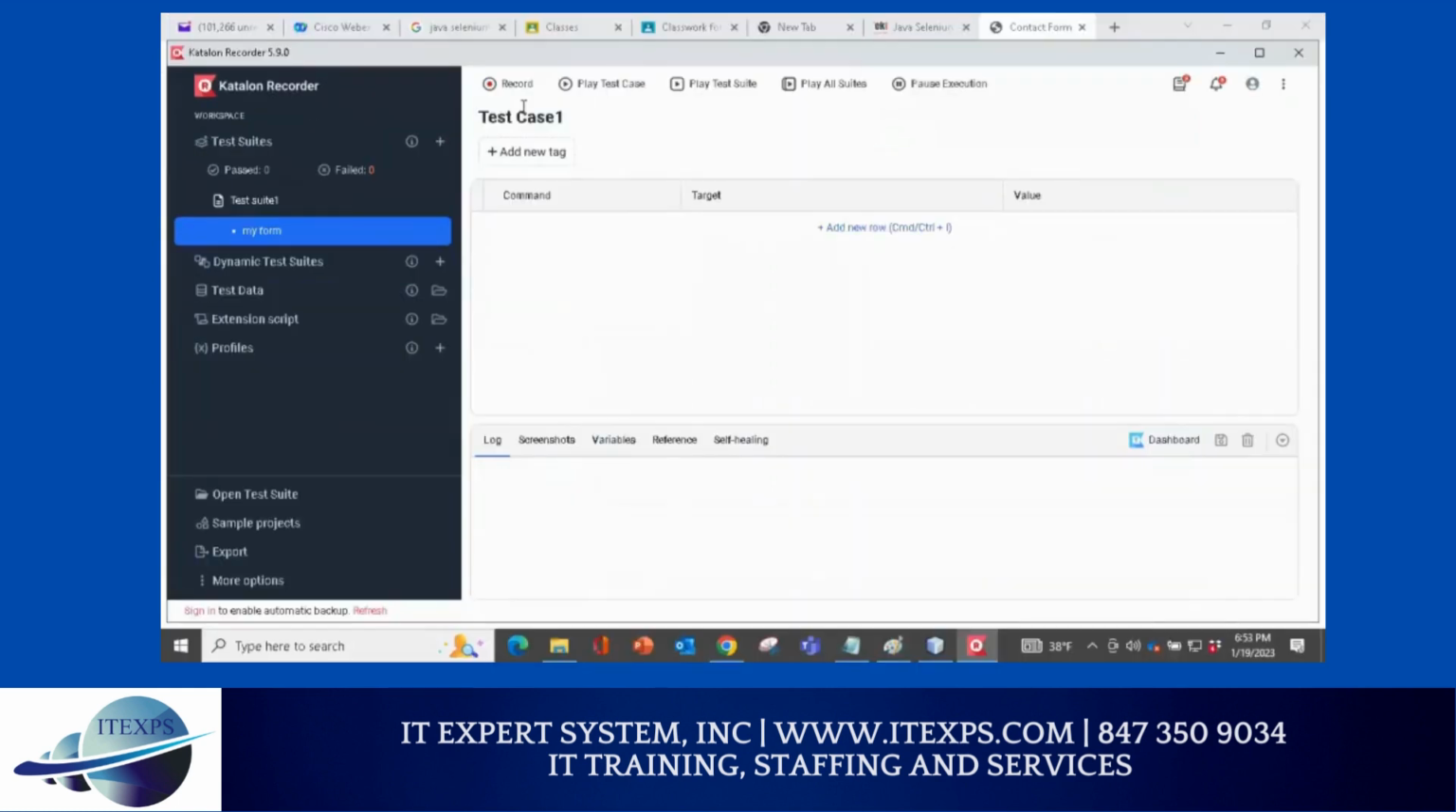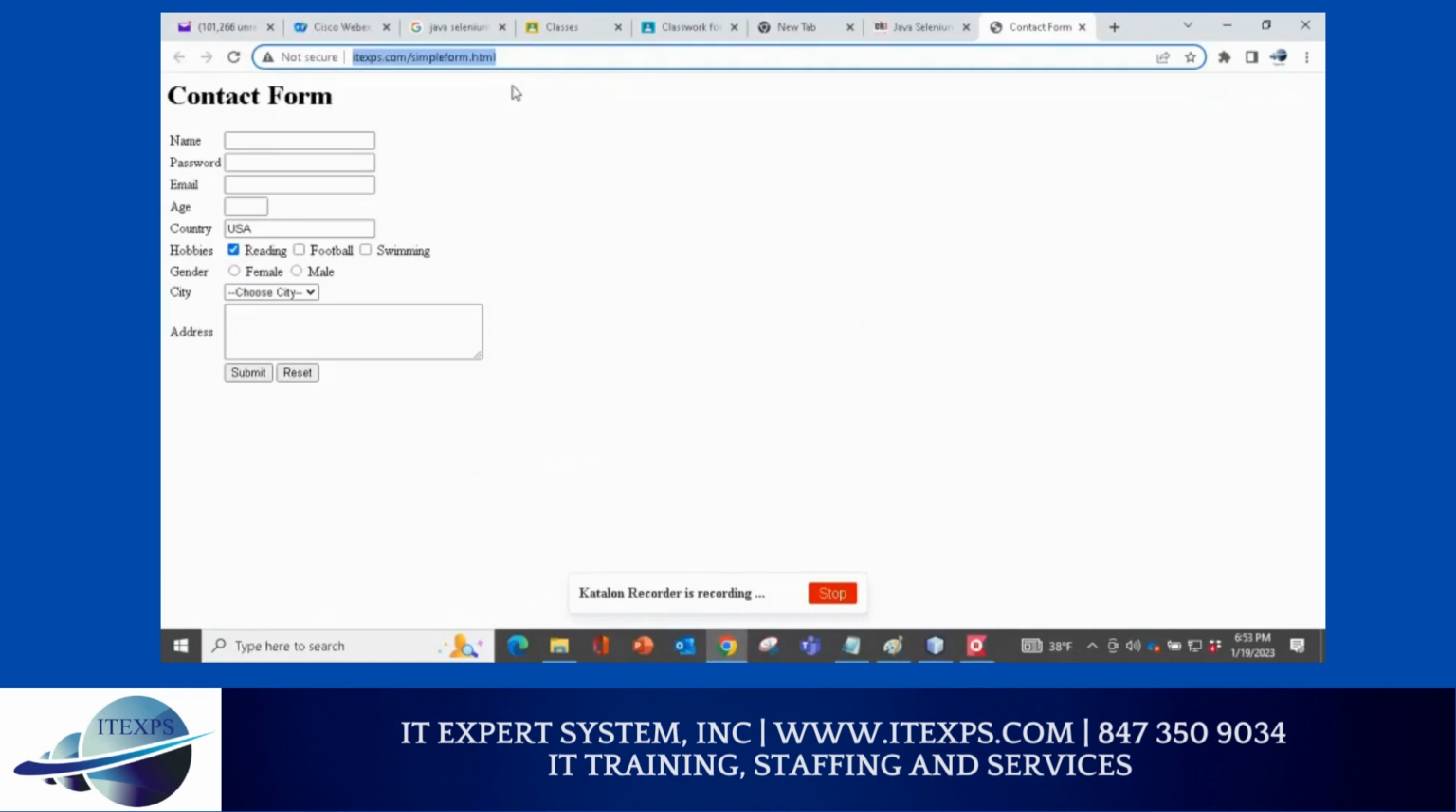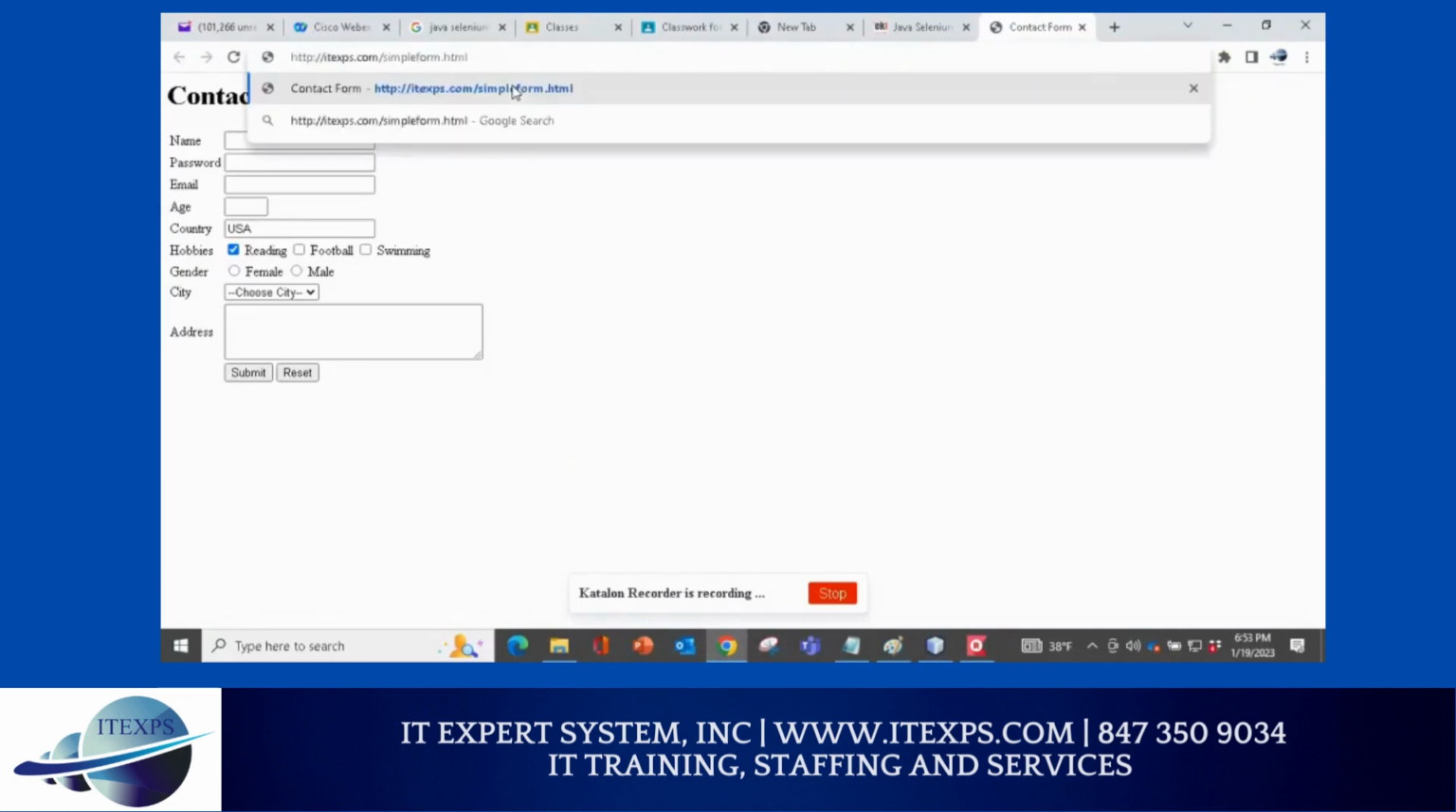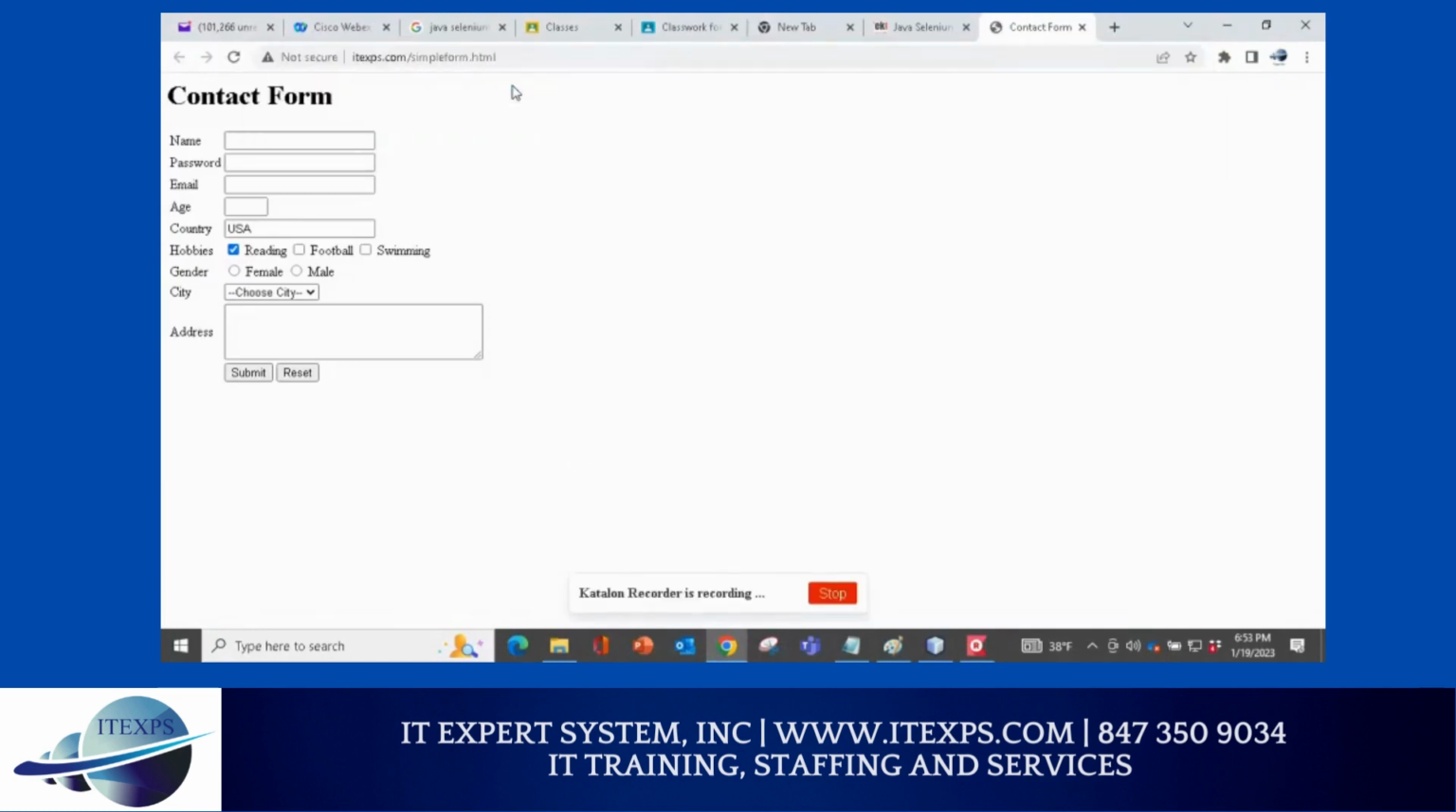Now we are going to click on record. So let's click on record, relax and enjoy the ride. Then you paste that URL and press enter. The recorder has already started recording. Now start writing whatever you want to write. So I'm going to write, let's say, Tom. The password, I'm not going to tell, but my password is Tom123. The email is